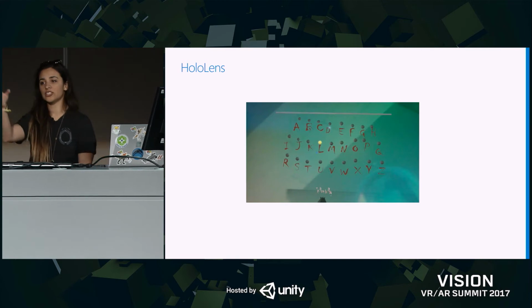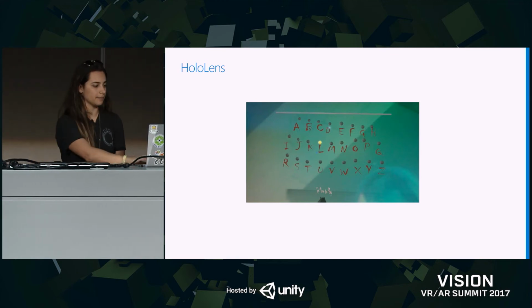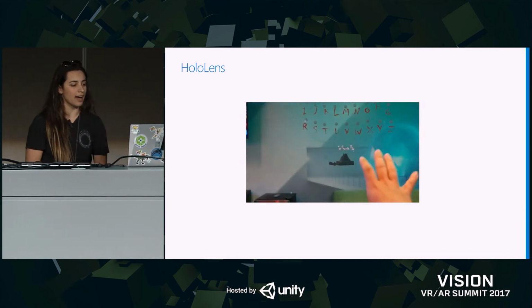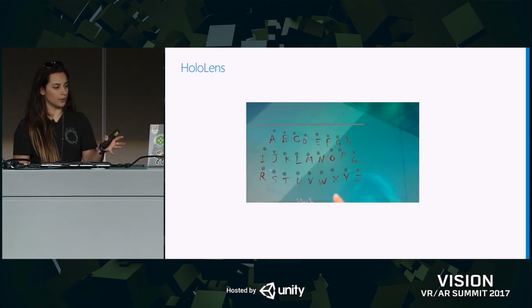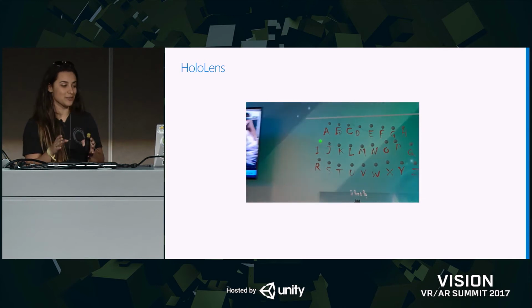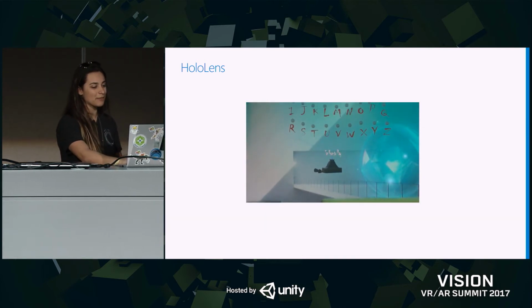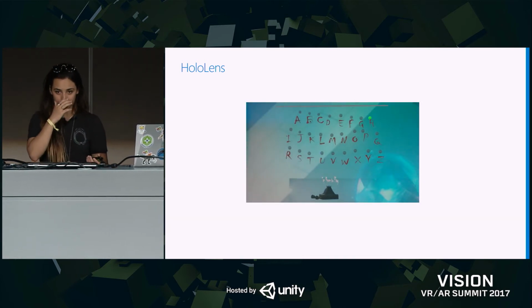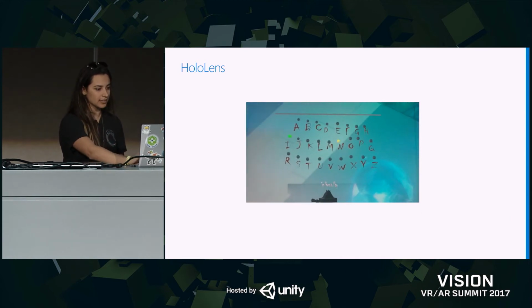And to write a message, I just look at a letter and I tap. So I'm going to write hi in this example. So H-I, very simple to spell, very short, really good for demos. And then I tap the phone to play the message back. And so, oh, I accidentally clicked it in.